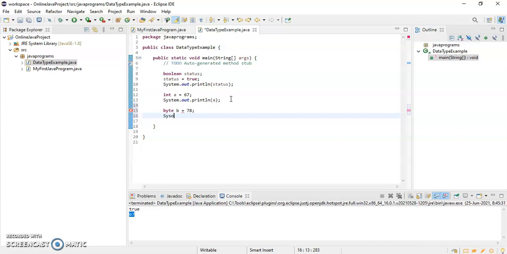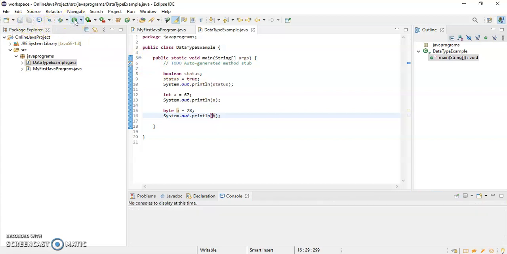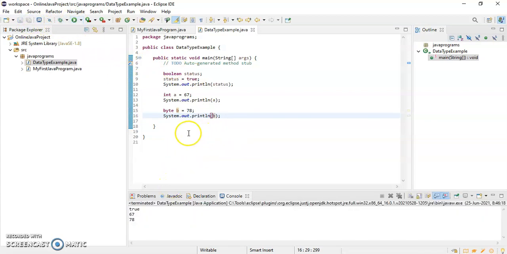I'll write sysout b. I'll save this and I'll run it. Okay, 78. So that means now I have declared this variable and I have initialized it to 78. That means this particular variable must have taken 1 byte of your memory location, right?